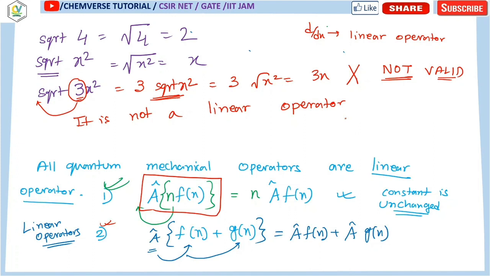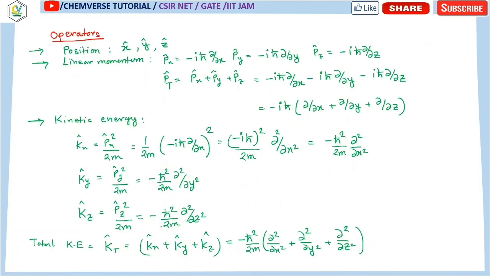Clear? Fine. So now we are going to discuss some quantum mechanical operators which are often used. The first one is the position operator. Position operators are nothing but simply denoted x, y or z. Suppose I am considering a function. Generally in quantum mechanics you will encounter this term psi. The quantum mechanical function or the wave function is expressed in the form of psi. So suppose x is operating over a function psi. So it is basically forming x into psi. So this is nothing but the multiplication with x.